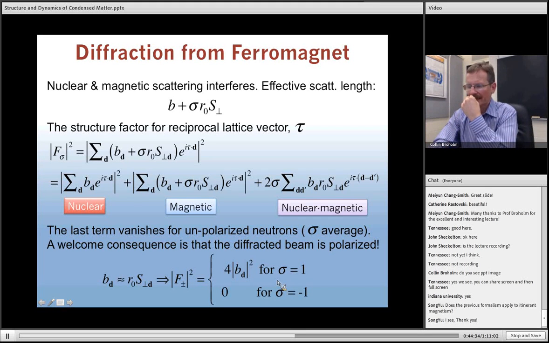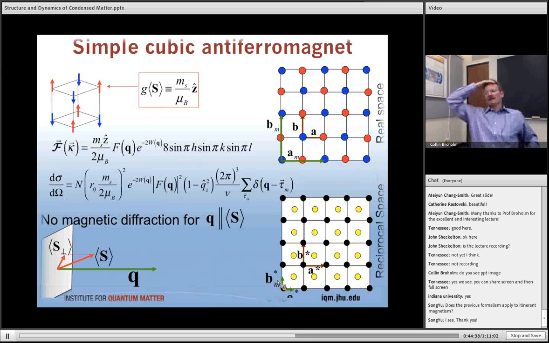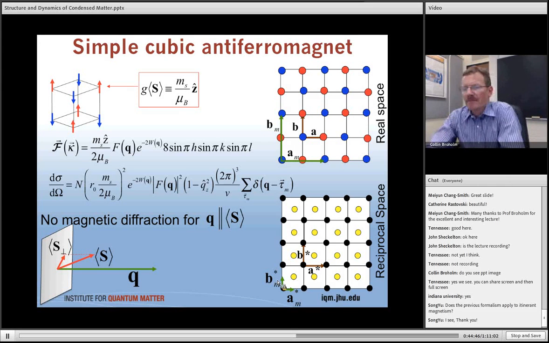Okay, all right. So then let me go on to talk about the case of a simple cubic antiferromagnet. This is one step up in complexity, if you will. And so here's my cube of spins, and I'm going to have each of the nearest neighbors be anti-parallel to each other. So this is a typical configuration. And I just want to show you what happens when I feed this type of spin configuration into the expression for the